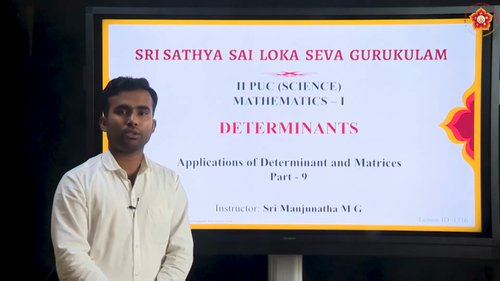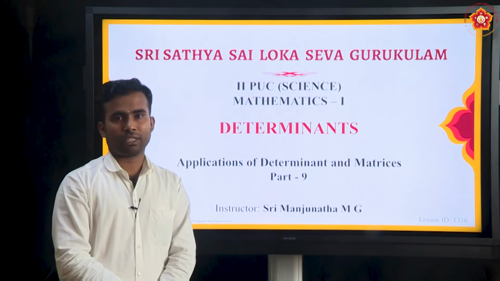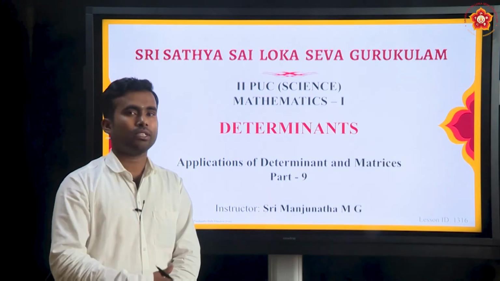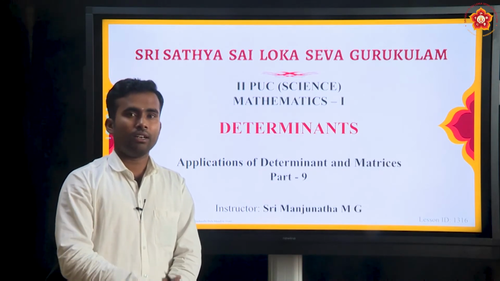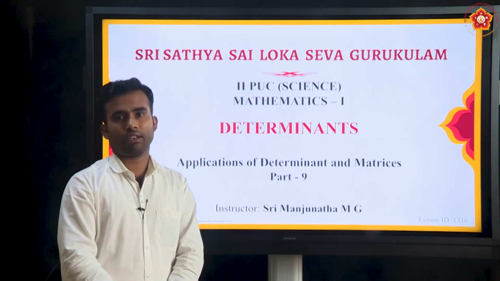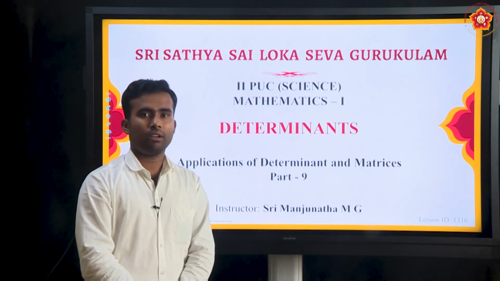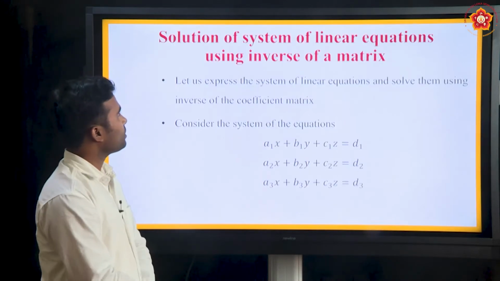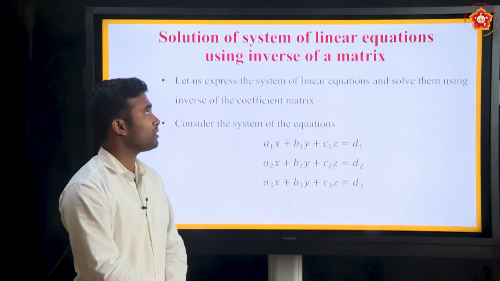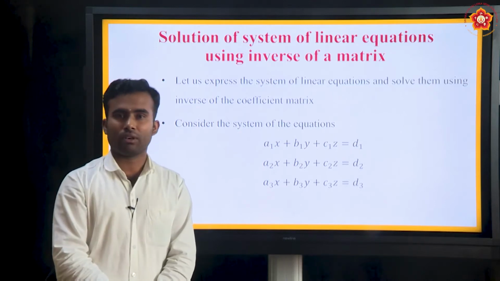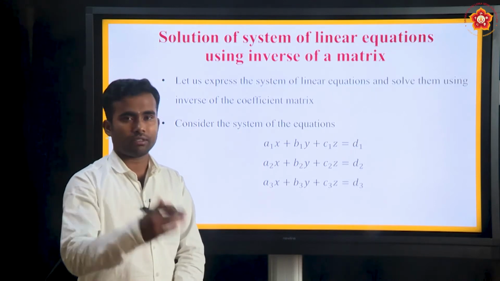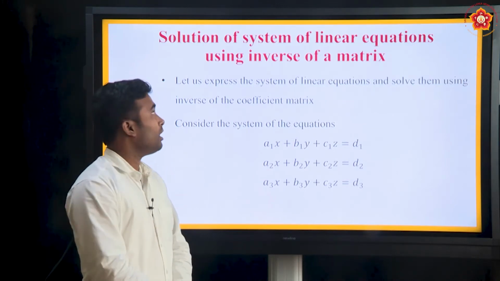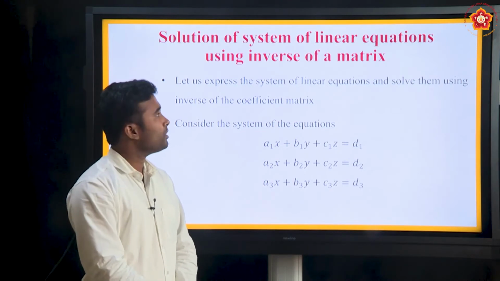And today what we are going to do is we are going to use the matrix method to find a solution of a system of equations. We have to see some remarks and all. After that we will start finding the solution of the system of equations, okay. So, here: solution of a system of linear equations using the inverse of a matrix. Basically this method is called the matrix method. We have several methods to find the solution of a system of equations. The matrix method is one of them.